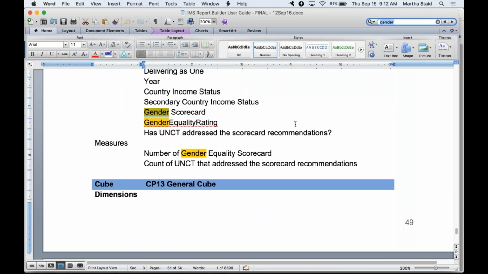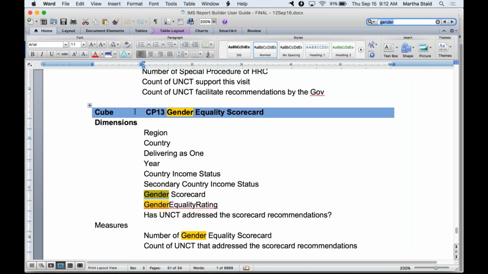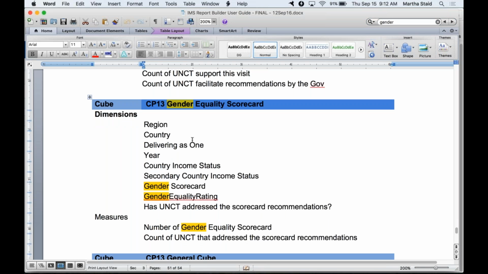Where would I find those fields? And you can see, oh, all right, the cube is this particular cube 13, the gender equality scorecard. So this will be a useful reference tool for you when you're approaching the system with such a large set of data within it.